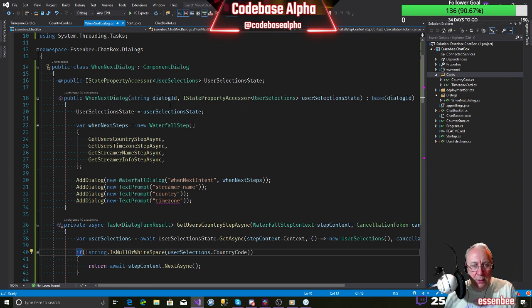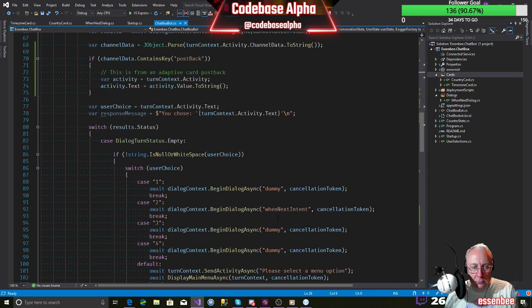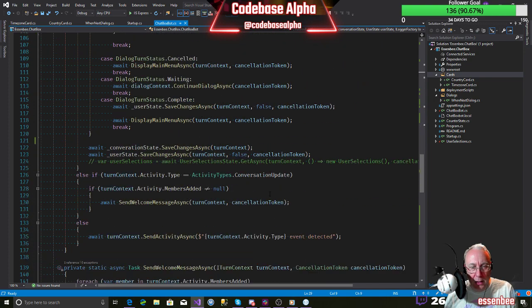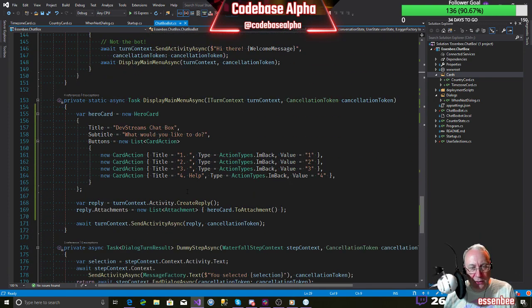So with this component dialog, now we've pulled out the steps for one of our menu options, and the menu option we can fill in now, which is this option 2 here. The very first thing we did on the stream was build a hero card, and option 2 was going to be find out when a streamer is